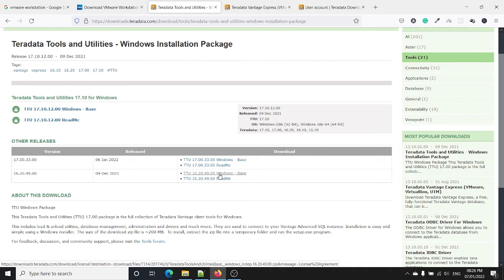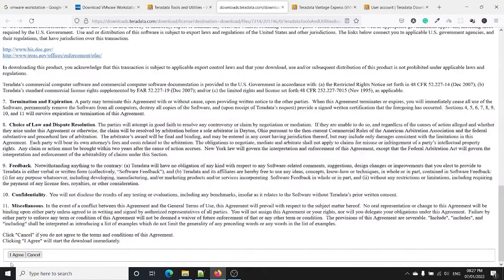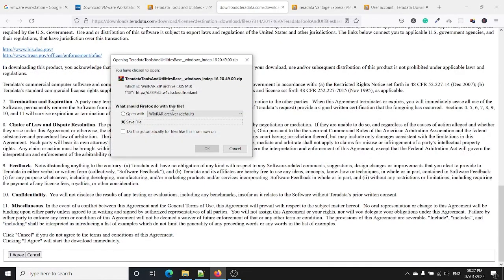So we will get both. We will get Teradata Assistant as well as Teradata Studio, because in a real-time environment, basically the companies are using the 14 and 15 versions of Teradata, so they are bound to work with Teradata Assistant. So we have to understand both Teradata Assistant and Teradata Studio as well. So let's download this software. So let's accept the agreement. So this is the software that we are going to need to install.